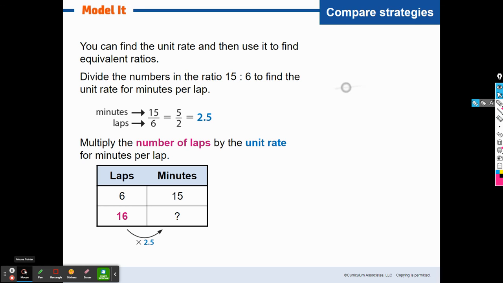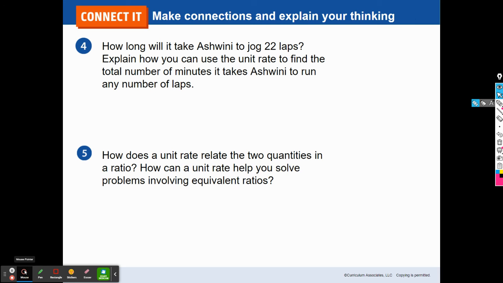Okay? All right, let's check it out. Okay, how long will it take Ashwini? I don't know. How long will it take this person to jog 22 laps? So we know a rate for this person, right? What was the rate in laps or minutes per lap? We had 2 5/10 minutes per lap, right? How long will it take